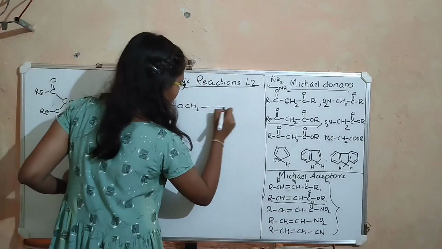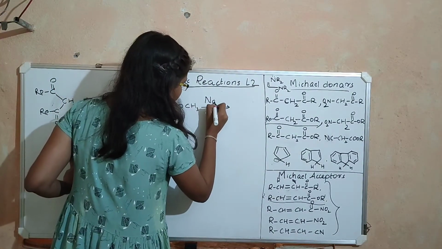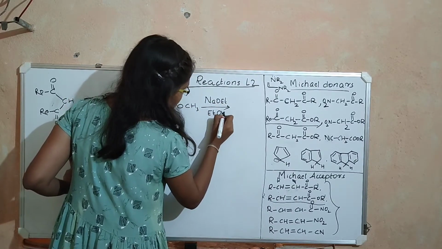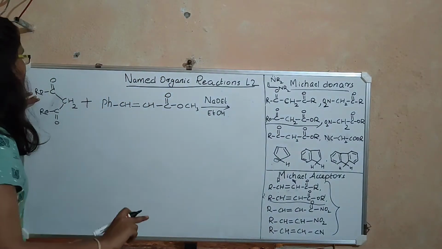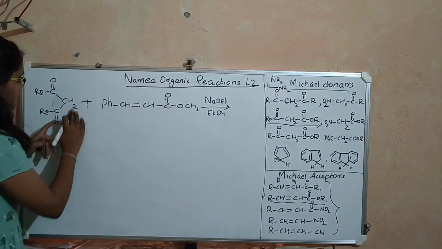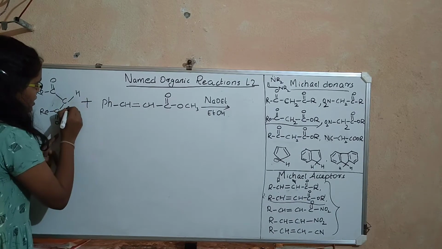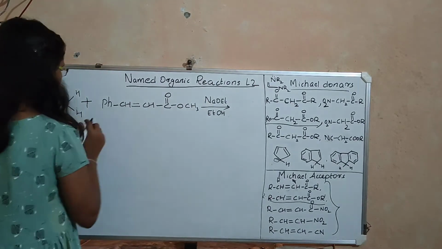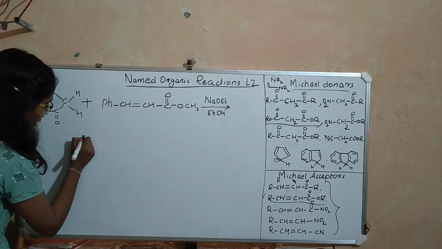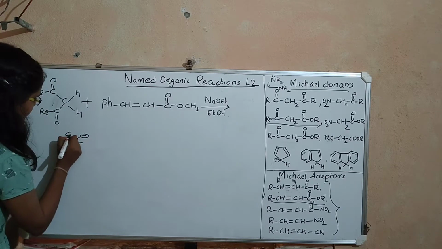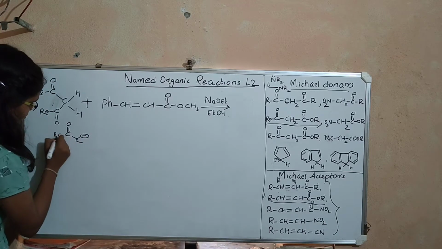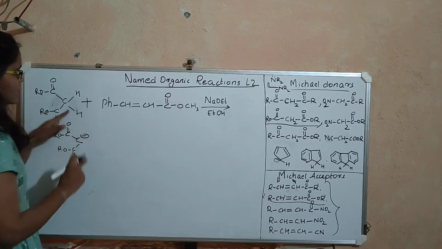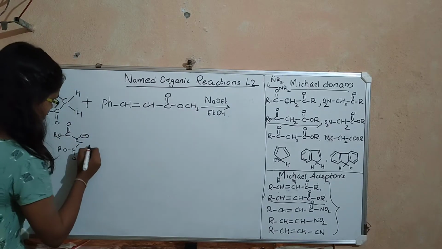So this reaction is happening in the presence of base. Generally, sodium methoxide is used as base and the solvent you use is ethanol, C2H5OH. So in the presence of base, what happens? One of these hydrogens will go as H plus to the base, and a carbanion is formed here. So what we get is a carbanion, and this H plus will be abstracted by this base.